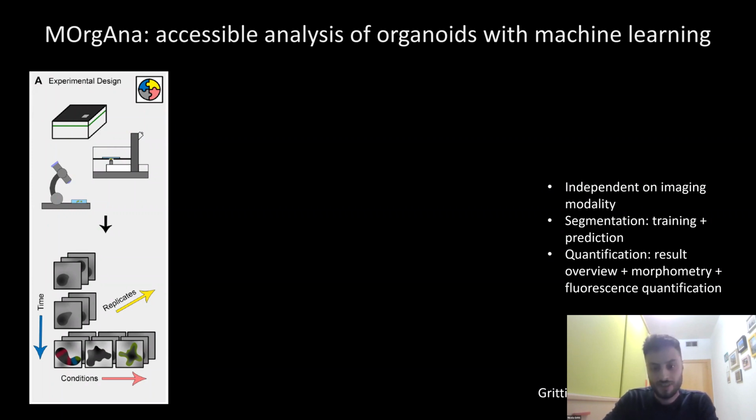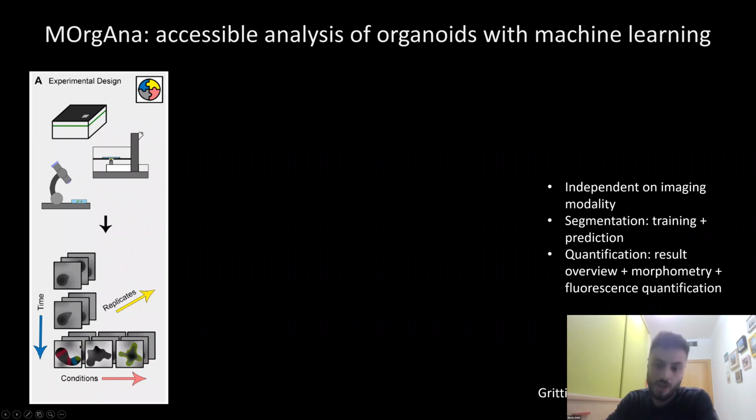Essentially, we designed this software under the assumption that images of organoids can be acquired with a variety of different systems. This can range from confocal systems to high content screening systems, but also to simple benchtop microscopes. These images of organoids can also be acquired using different experimental designs. Organoids can, of course, be imaged over time, so time-lapse images. They can be imaged in multiple replicates, and then can be treated with different drugs, for example,